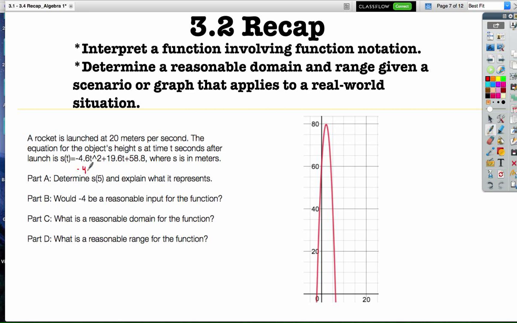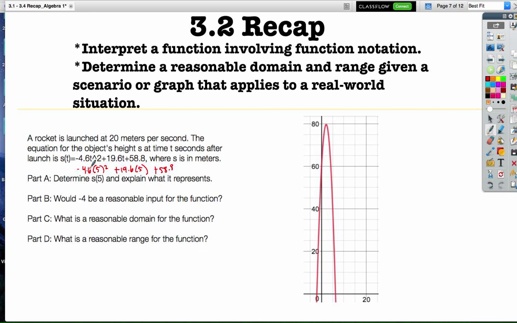So we had negative 4.6 times 5 squared plus 19.6 times 5 plus 58.8. And a lot of us had a misconception that we could multiply negative 4.6 times 5 and then square it, but that's incorrect. We have to square the 5 before we multiply it by the negative 4.6 because that is order of operations. Exponents come before multiplication. The advice I gave you was to just plug the entire thing into the calculator at once so that you wouldn't make any silly errors trying to do it in separate pieces. So once we do all of that,